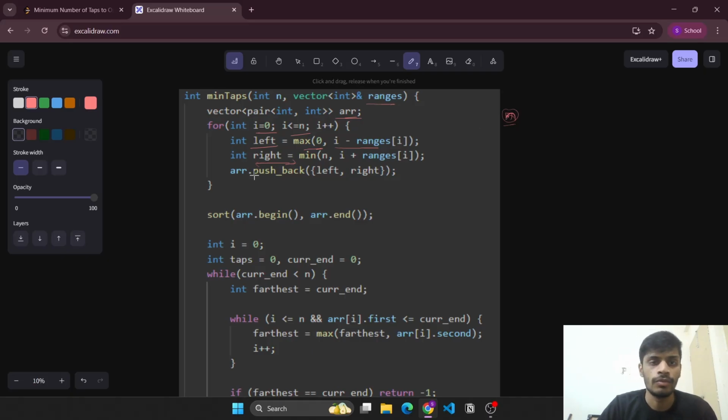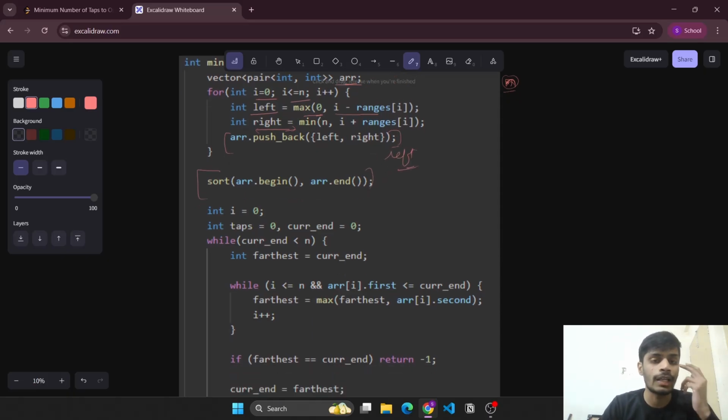because we simply do not need it. So we'll push the ranges in an array, and then we will be sorting it on the basis of start points, means the left points. Okay, now initially the current end will be pointing at 0. That means we have covered water till this point, just before 0. Now we need to cover from 0 to n. Okay, so we'll move this current end till it is less than n, means we have not yet reached n,